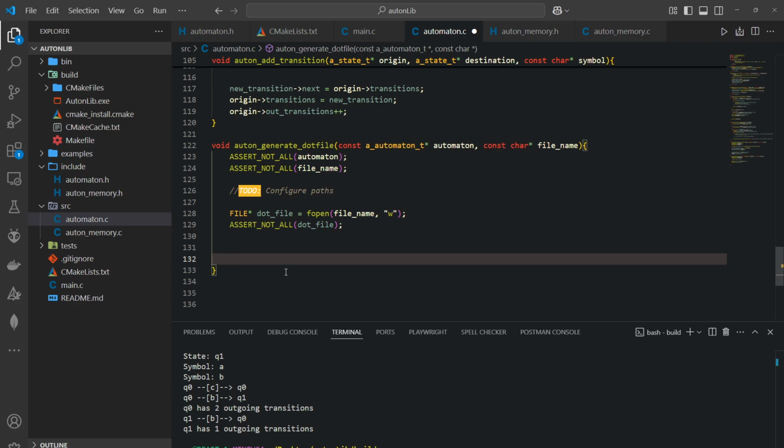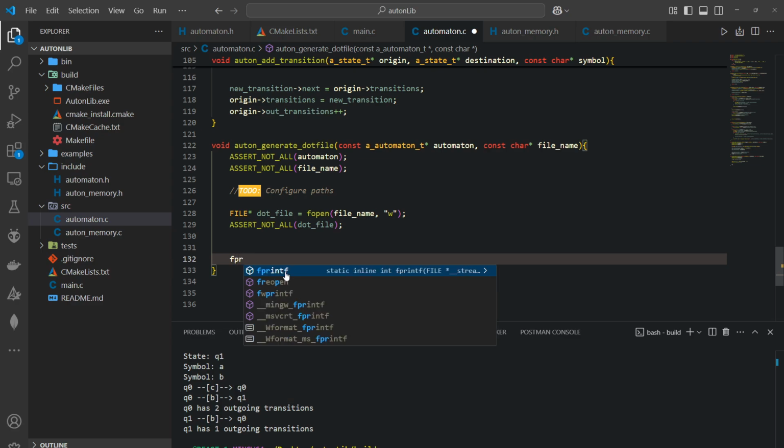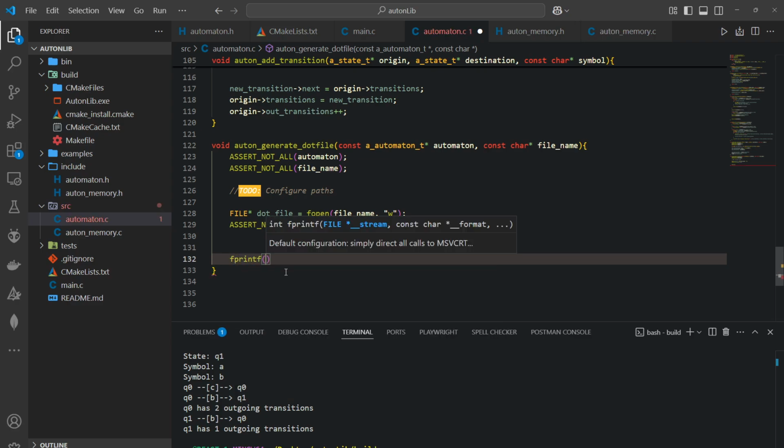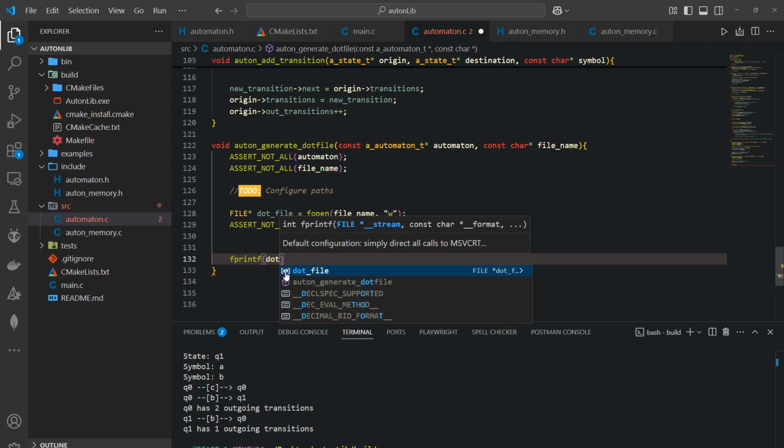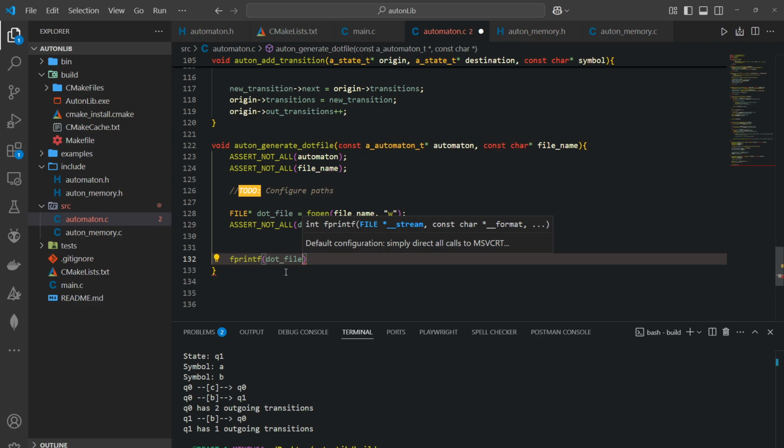Okay, so the first thing that we have to do is fprintf, fprintf. Now with fprintf, you have to pass in a format. First, it says you have to pass in a file stream. So for the file stream, we're going to pass in the pointer that we get from fopen, right? So that is going to be dot file, and then we pass in a format. What I want to do here is digraph. Di means directed, and then graph, we need a directed graph where we'll be able to see the arrowheads with the arrows that we're going to draw. So we have digraph. Then I'm just going to call it automaton